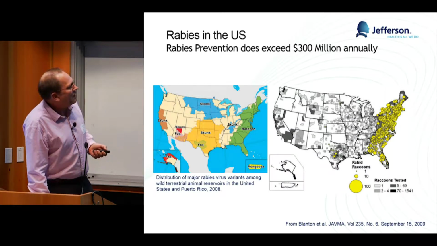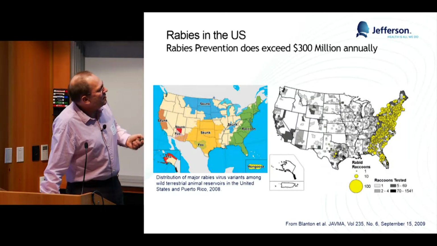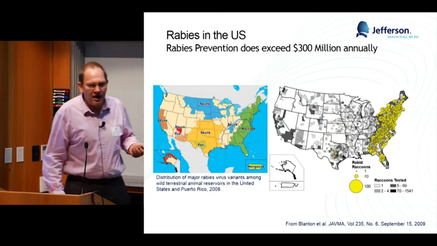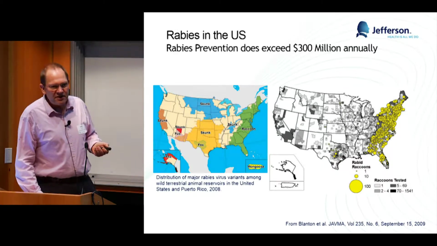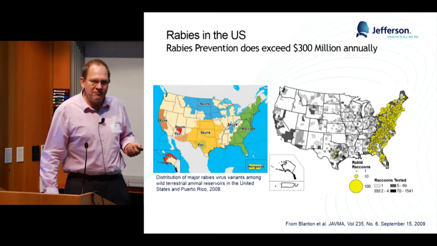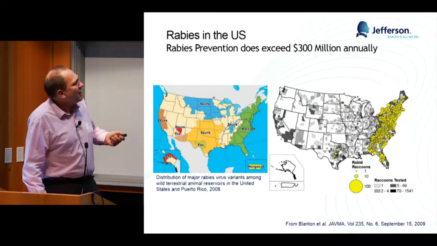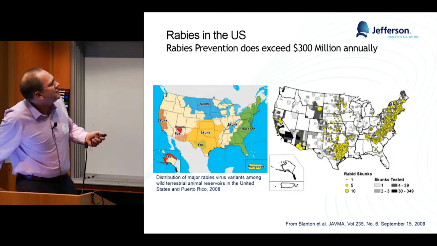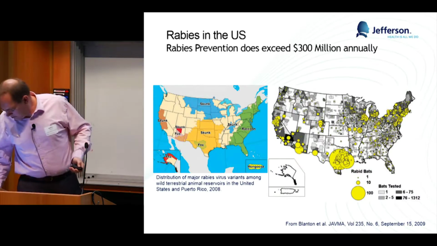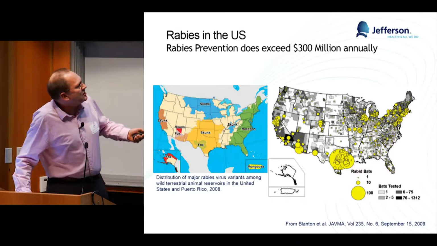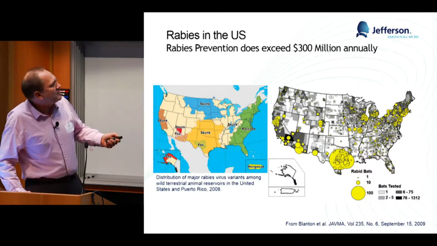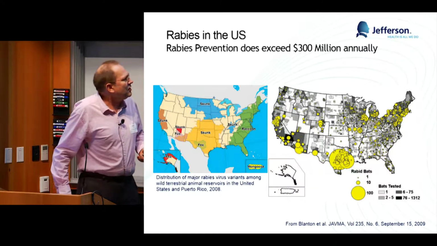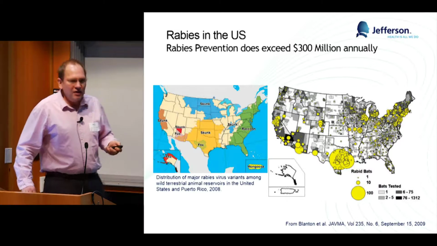The numbers are really high, and I have to say the USDA really failed to do anything vaccination-wise, because Europe got completely rid of rabies by vaccination. Foxes are very easy to vaccinate with live baits, so with live virus. It's a little bit harder for skunks and raccoons. This shows you the skunk numbers, and that's the bad rabies virus, the cases where you have to be careful because you really don't know if you will be exposed or not.